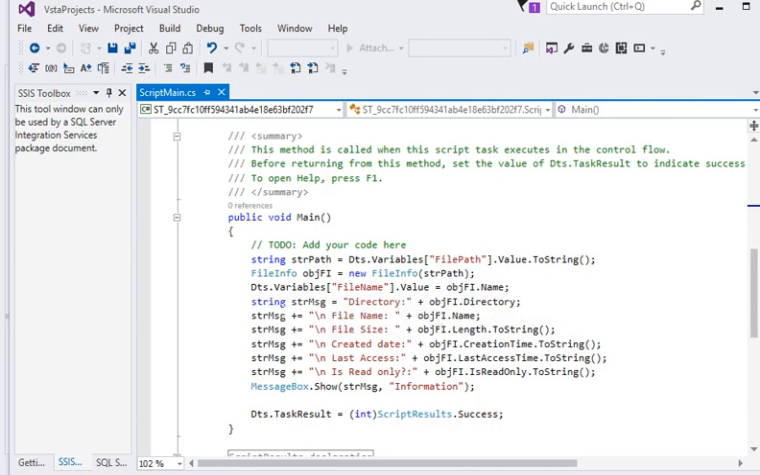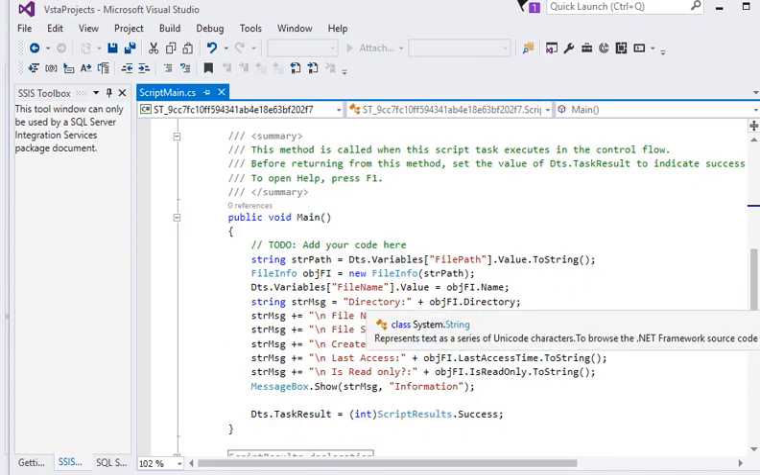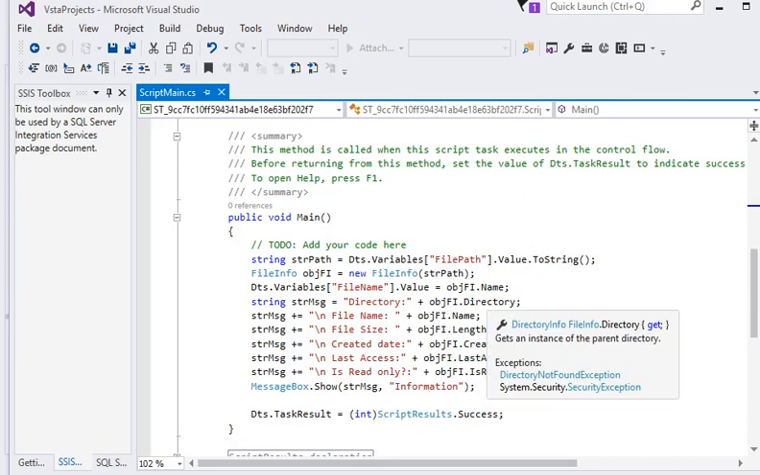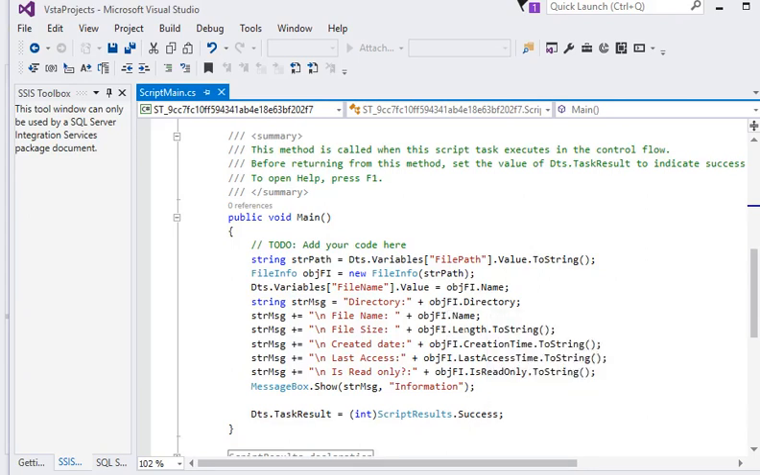Now you can see we have created another variable, string message, and we are getting the directory from the FileInfo object and passing the directory name, then name, file size, created date. The exit date is read only. If you want to get more information, you can write code over here